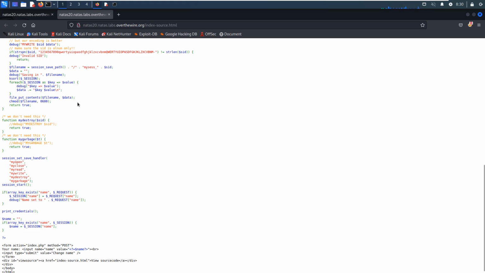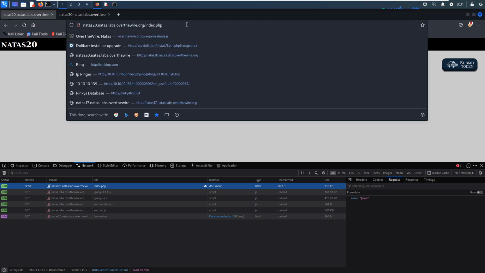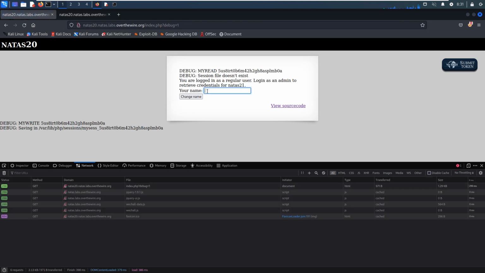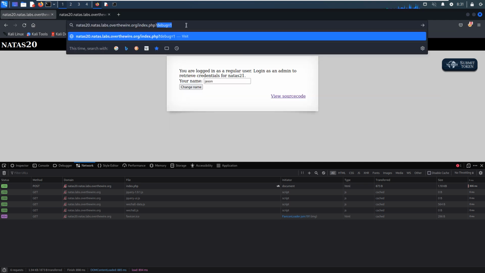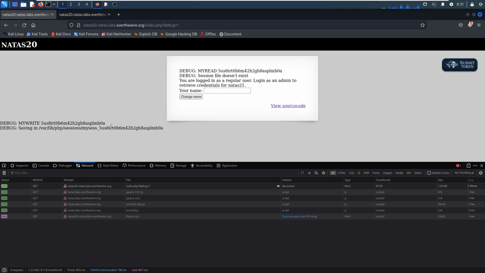Okay, and as you can see over here, we can pass the parameter debug, and we can press enter, and JSON, change lim. Okay, or maybe we can use Burp Suite.